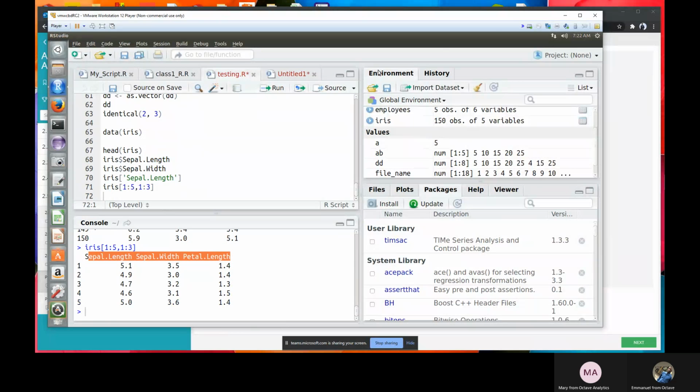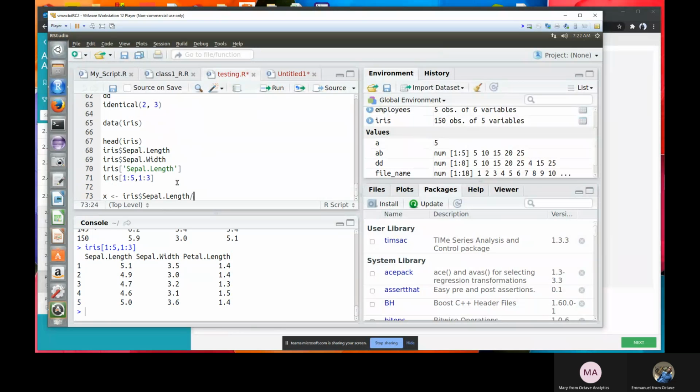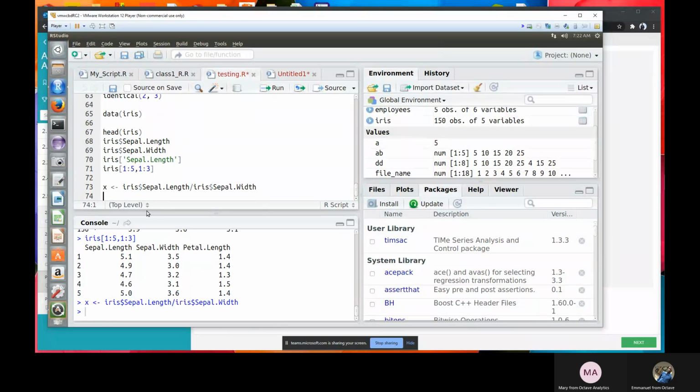columns. All right. So performing calculations, you can also perform calculations as they did on that slide. Say x is equal to iris$Sepal.Length divided by iris$Sepal.Width. This is going to divide the corresponding elements in both columns. So I run this, it has been assigned to x, as you can see in my console here.